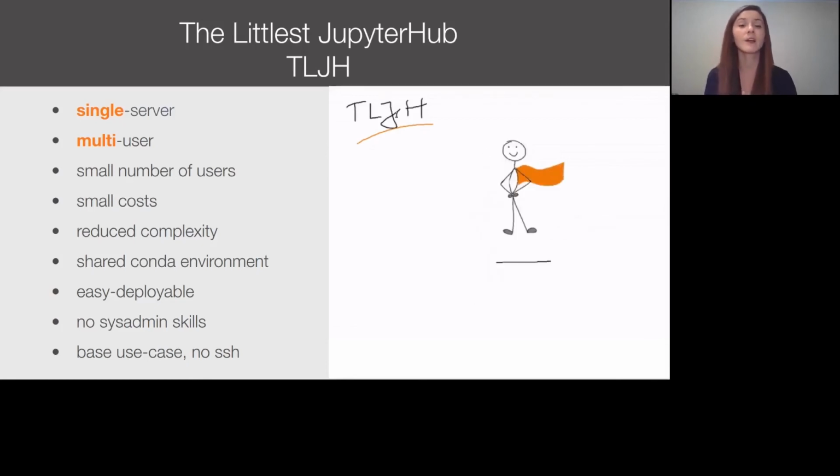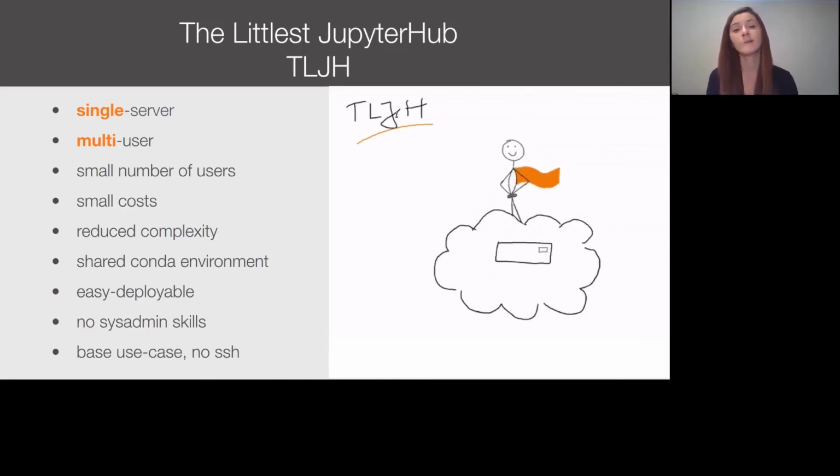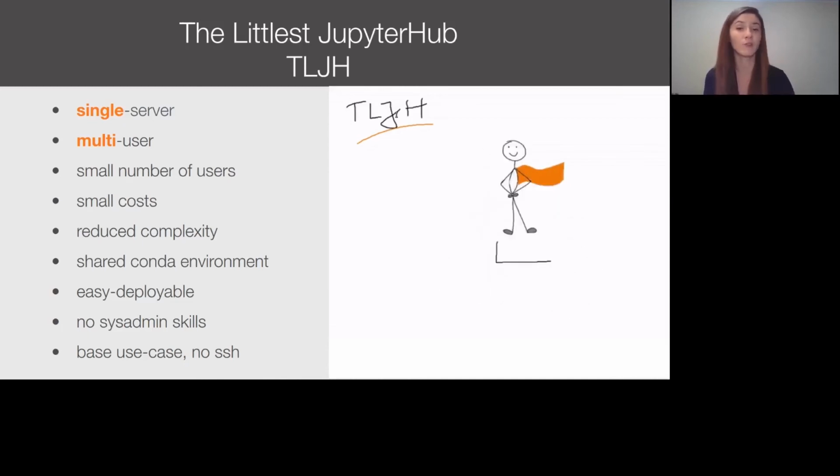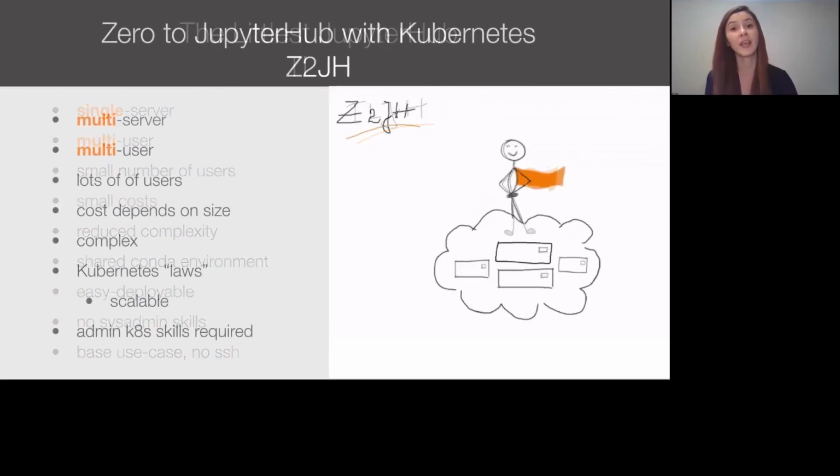However, the cost of being single server is a user number limitation. So TLJH can only support up to around 100 users. But is this really a limitation if one doesn't need more than 100 users? Okay, next one